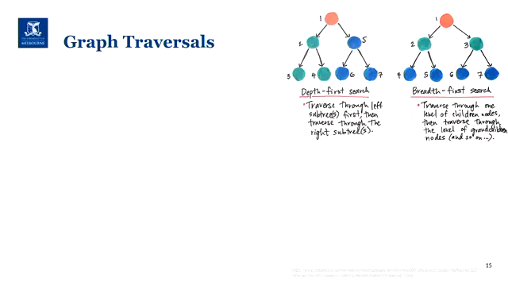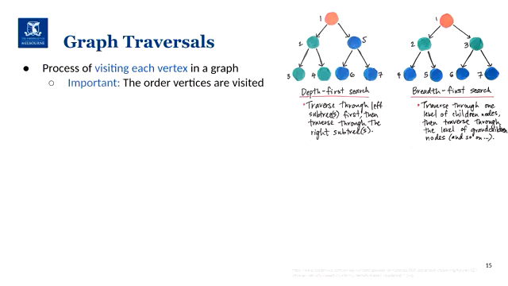Now we're going to talk a little bit about graph traversals and how we visit nodes in a graph in a systematic way. Graph traversals are very important algorithms. The main difference between them is basically the order in which the vertices are visited. A specialization of graph traversals are tree traversals, which we already talked about a little bit as well. In tree traversals, we aim to visit each node only once.